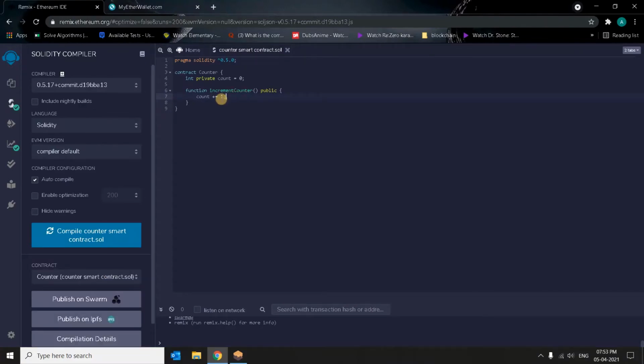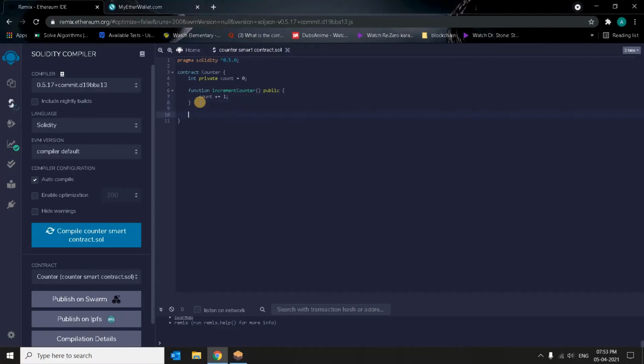Here I didn't pass any parameter. You can also pass a parameter of how much you need to increment. If you are using some bank application, for deposit, you need to have the amount as a parameter, and you can add the amount to the balance. Like that, you can create a separate contract.